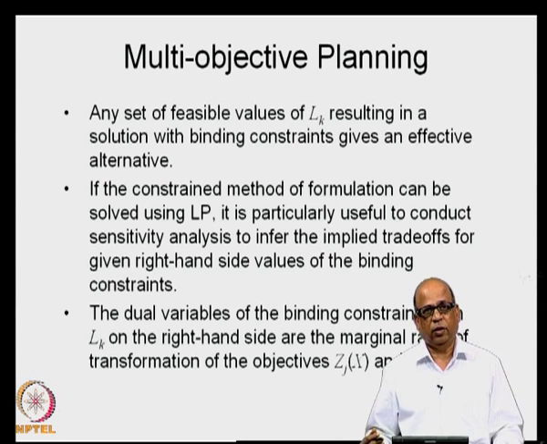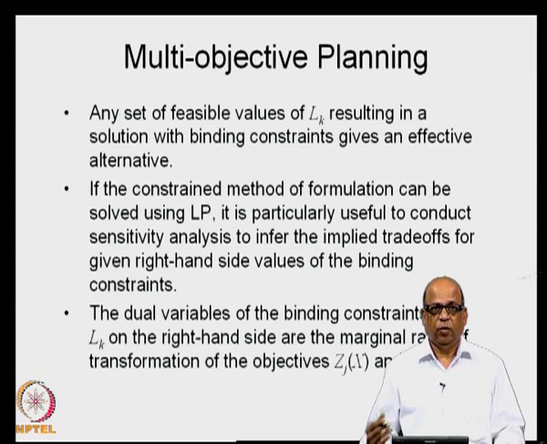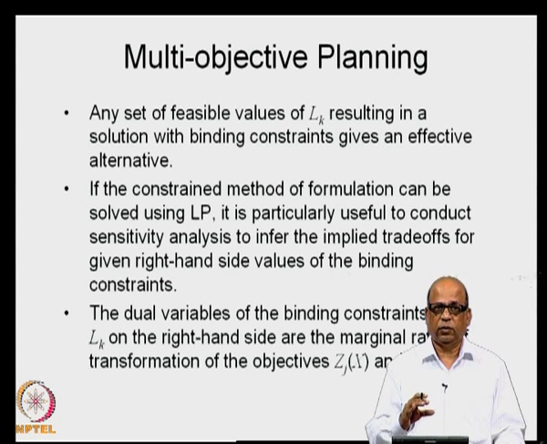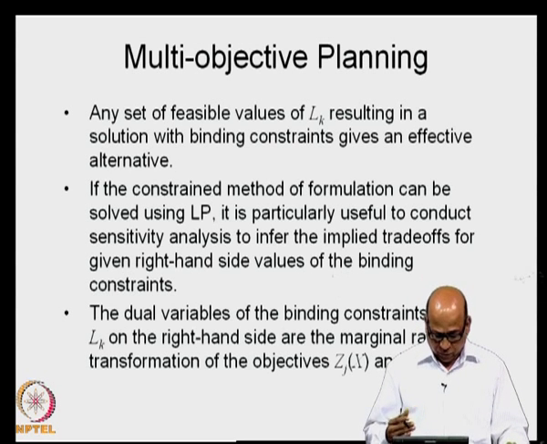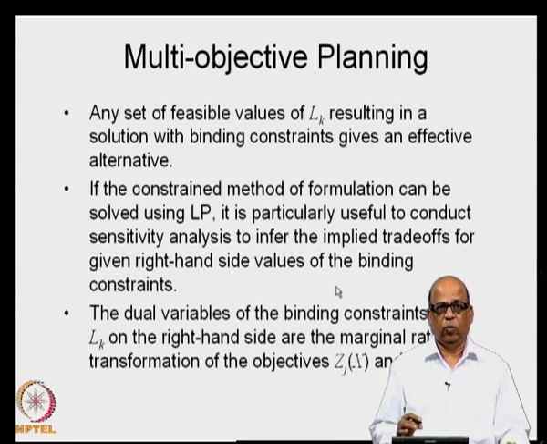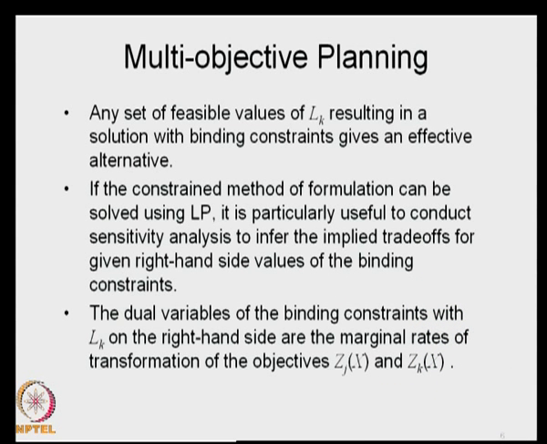Refer to one of my earlier lectures, where we introduced the sensitivity of the objective function with respect to the right hand side values. So, we use the dual variables associated with these particular constraints and then check the sensitivity. These are some of the details we will look at when we look at some applications. So, typically we will be interested in the trade off between Zj and Zk. We can use the dual variables and obtain the trade off, or the marginal rates of transformation, between these two objective functions.